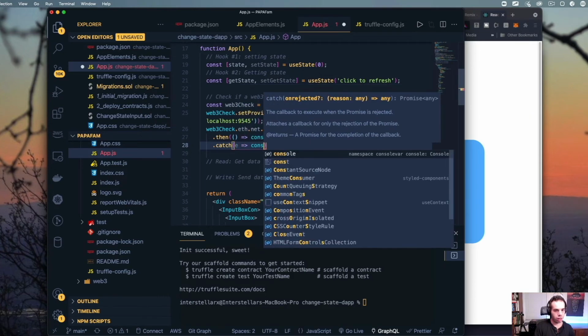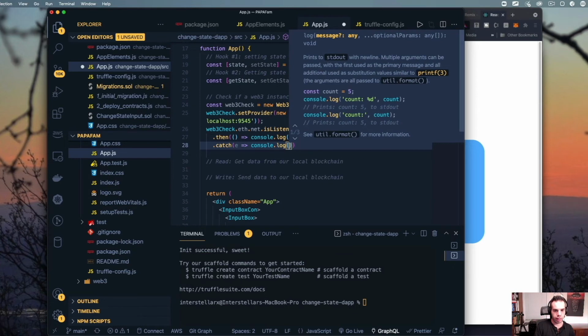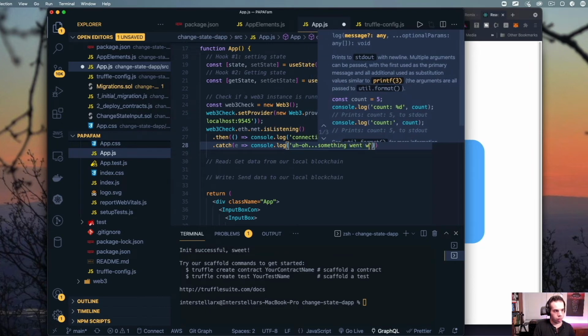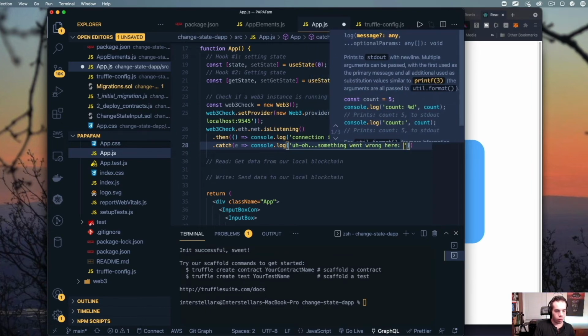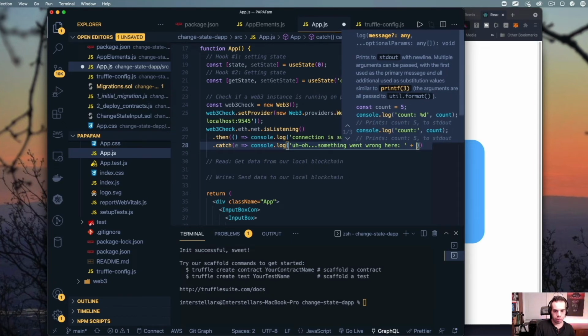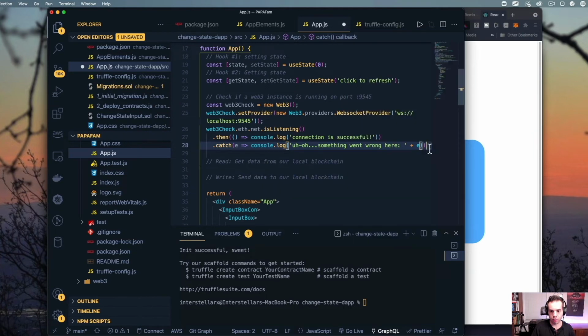We're then going to say console log, and then we're going to say, uh-oh, something went wrong here. And then we are going to put the error log. So there's a space there. We're going to say plus, and then we're going to have E. So this is just going to help us track what is actually going on, and it'll help us debug a little bit of what's happening.